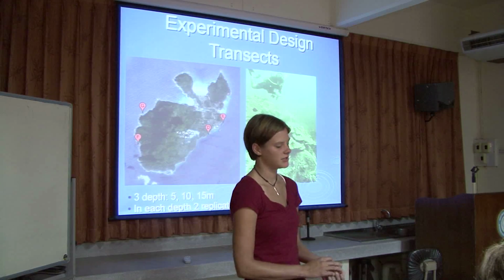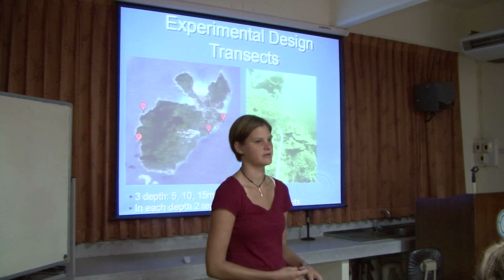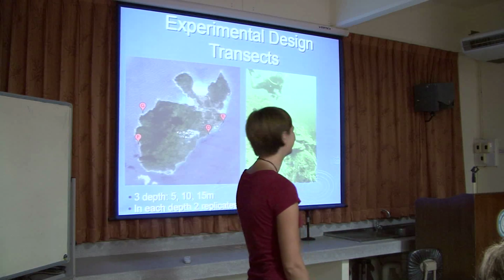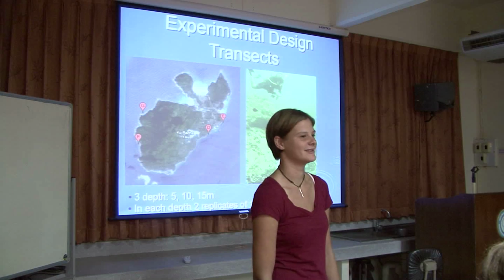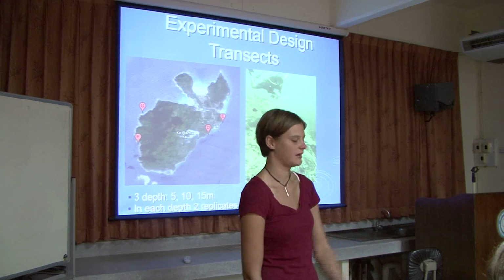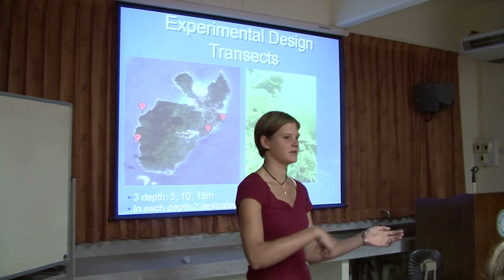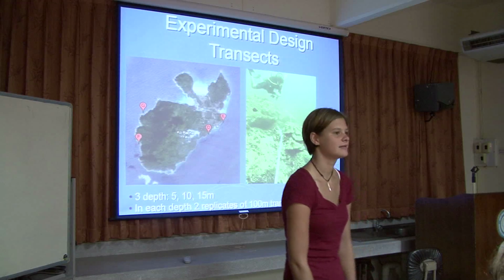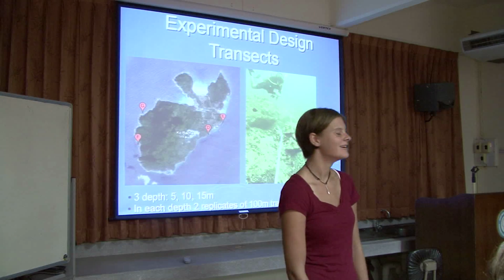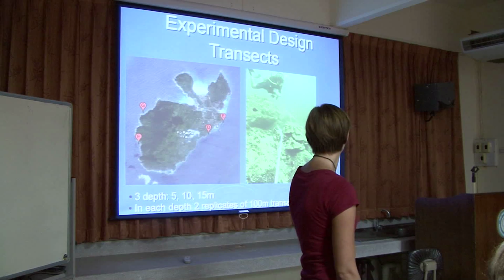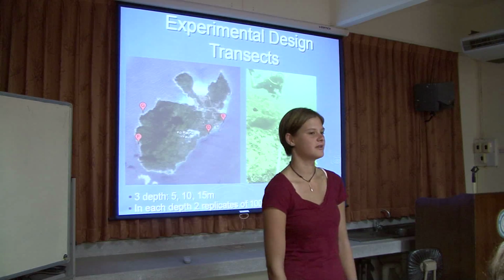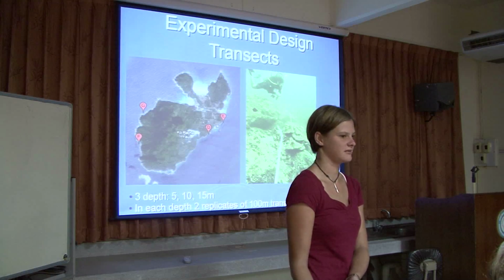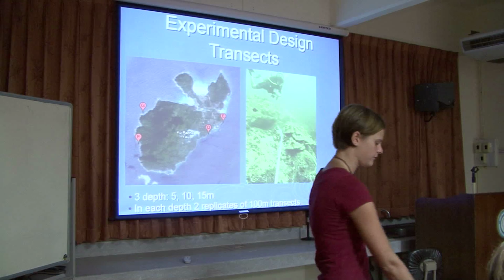And in each depth we did 2 replicates of 100 meter transects. On the right side you can see the transect line, and we counted the number of Halimeda, and we measured the size 1 meter left and 1 meter right from the transect line. I cannot show you any results of the transect diving yet, because of course I have no maps yet, but we finished now with all the transects, or nearly all the transects, and at the moment it looks like that Halimeda only occurs in the east side, so only in the sheltered side of the